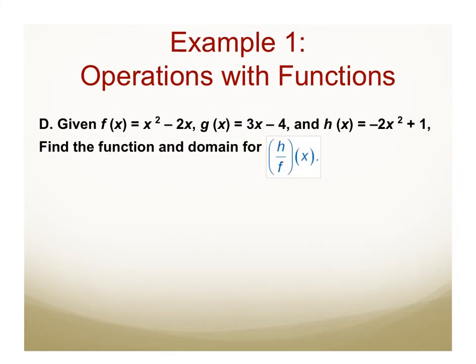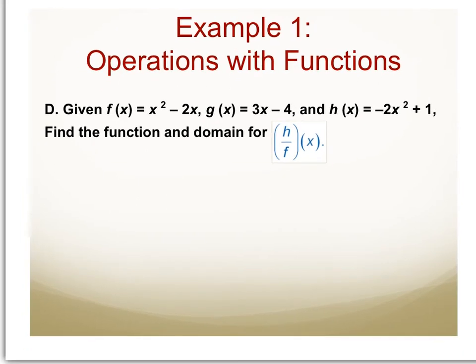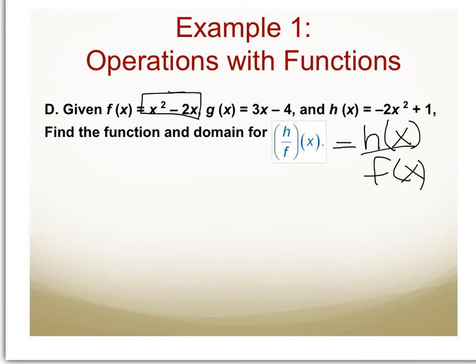Example 1, operations with functions. We're looking at, given the same functions f of x, g of x, and h of x, finding the quotient of h and f. The quotient of h and f is h of x over f of x. Looking at these two functions,